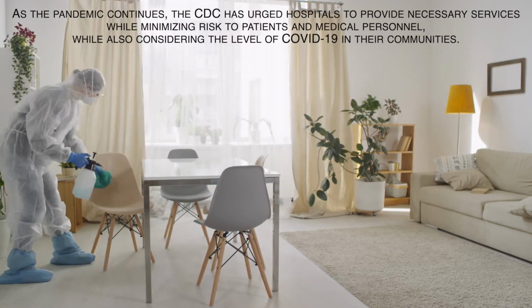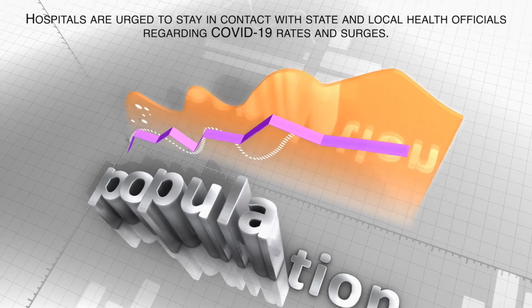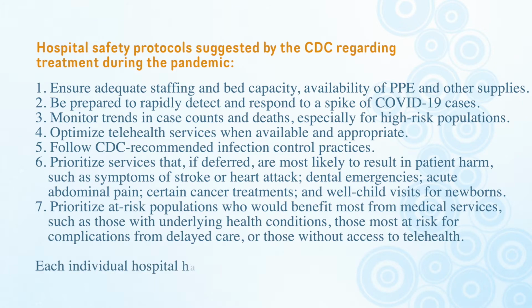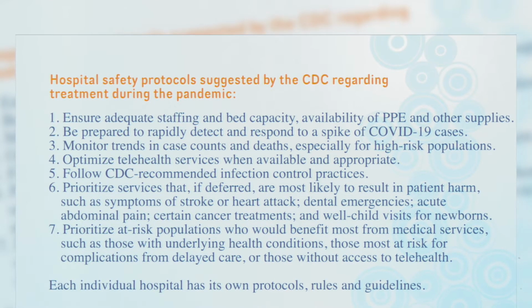As the pandemic continues, the CDC has urged hospitals to provide necessary services while minimizing risk to patients and medical personnel, and while also considering the level of COVID-19 in their communities. Hospitals are urged to stay in contact with state and local health officials during the COVID-19 pandemic regarding COVID-19 rates and surges. Among safety protocols suggested by the CDC regarding treatment during the pandemic are to ensure adequate staffing and bed capacity, availability of PPE and other supplies, to be prepared to rapidly detect and respond to a spike of